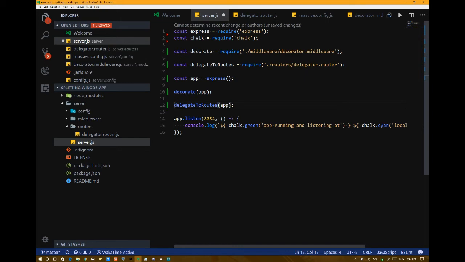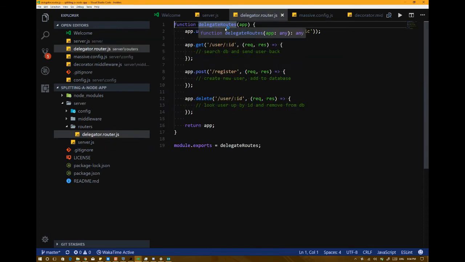Something like that. The reason why I don't necessarily just call it router is because we're going to be getting into a little bit more what you can do with express routing. Something that is a very well kept but not necessarily secret. So if we go back to the delegate, or to the delegate routes function,